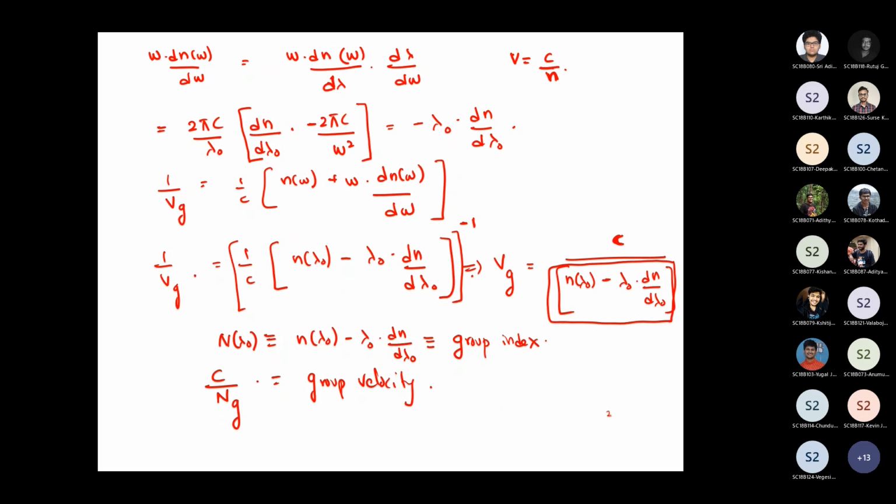If you have a source characterized by a spectral line width, let's say lambda naught, delta lambda naught, then each wavelength component, in other words each photon, is going to travel with a different group velocity. If a group of photons are launched simultaneously inside the fiber, at the output side they all arrive at different time intervals because they travel at different group velocities. That means each optical pulse is going to broaden in the time domain. So that broadening delta tau